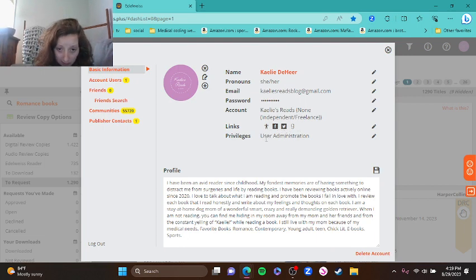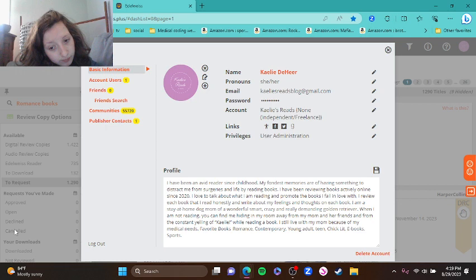And then it tells me my privileges. And then it says user administration. Here's my about part of my profile, which is a little bit different than my last one that I had